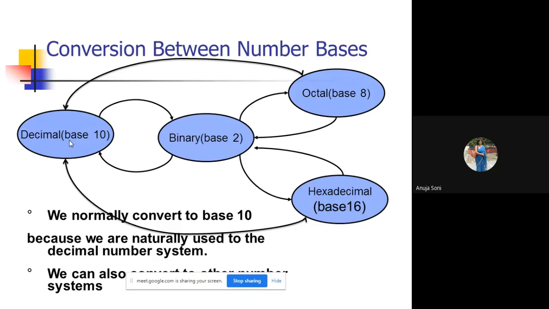So what are the ways to convert it? We'll learn. And then another case we'll study will be called the shortcut method. If we need to go from binary to octal, from binary to hexa, and vice versa, that will be called your third case.